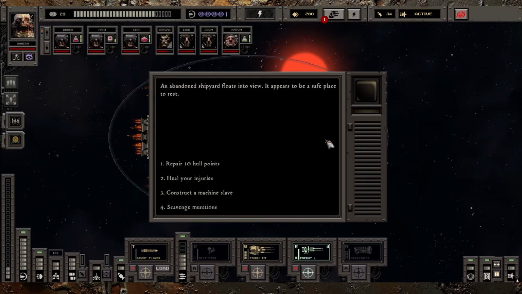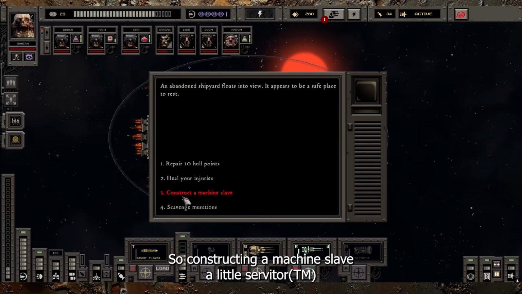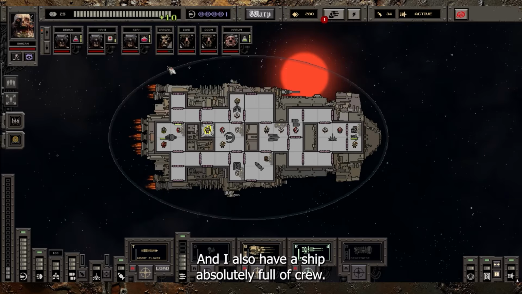are not important. But it's very important to make sure all your rooms are manned. So constructing a machine slave, a little servitor, is a very good idea if you don't know what to do here. But because I'm about to fight the boss, I am going to repair, and I also have a ship